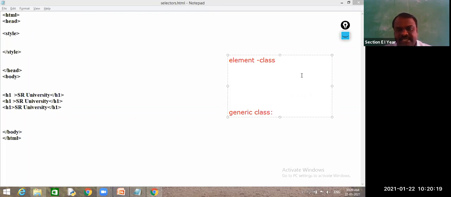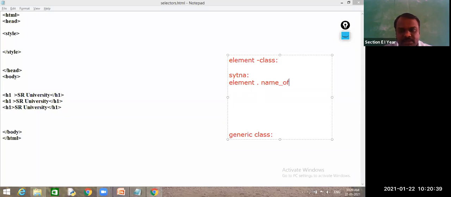How do we write these classes? For the element selector class, I am writing the syntax: element name followed by a dot, then the name of the class, followed by the properties.